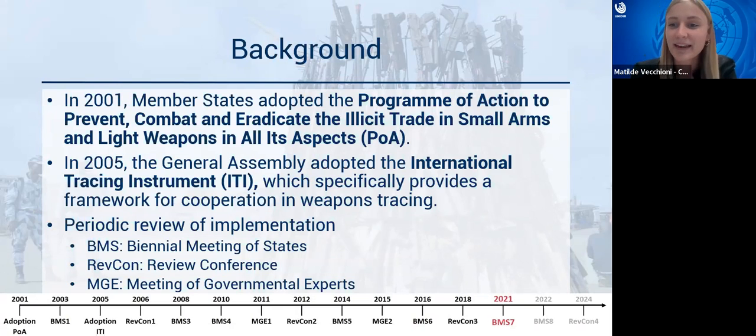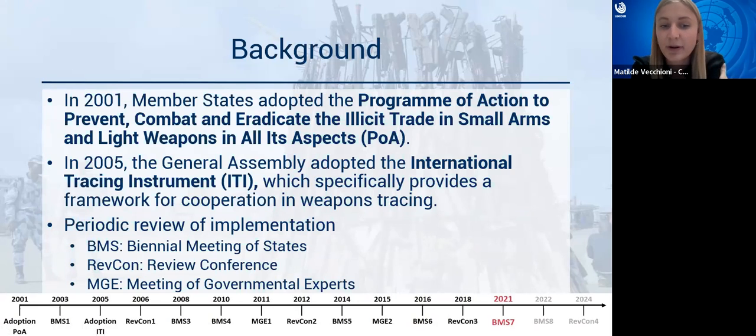Now, I'm well aware that everyone here is more than an expert in this field, but I thought that a short background could still help. So the PoA was adopted by member states in 2001 to prevent, combat, and eradicate the illicit trade in small arms and light weapons. Some years later, in 2005, the General Assembly adopted the ITI, the International Tracing Instrument, which